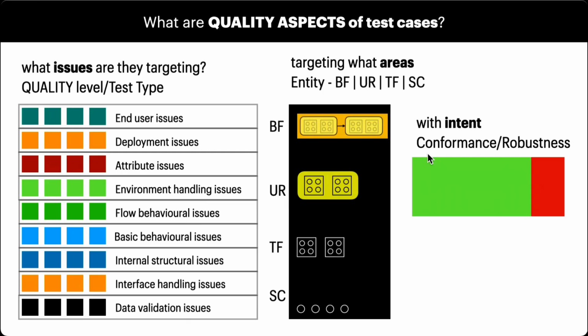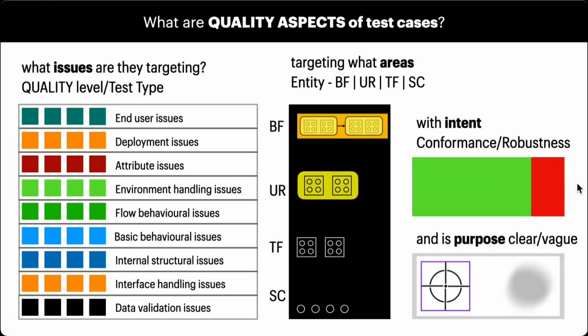Thirdly, we know that sometimes the intent is to conform, sometimes the intent is to find out it handles exceptions very well, and therefore it's robust. What we normally sometimes call positive/negative test cases, right? That means basically saying the intent is to conform and to go non-conform, which means anything outside of conformance, to help you ensure it's robust. And finally, its purpose. Is it written well so that it's sharp and clear, or is it kind of vague? Right? So given this, remember we were talking about potency, which is a combination of quality level and an intent.